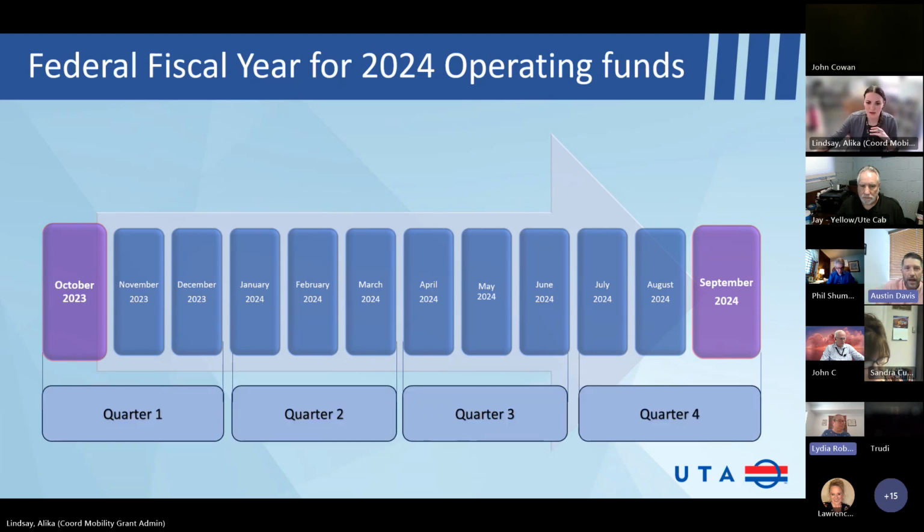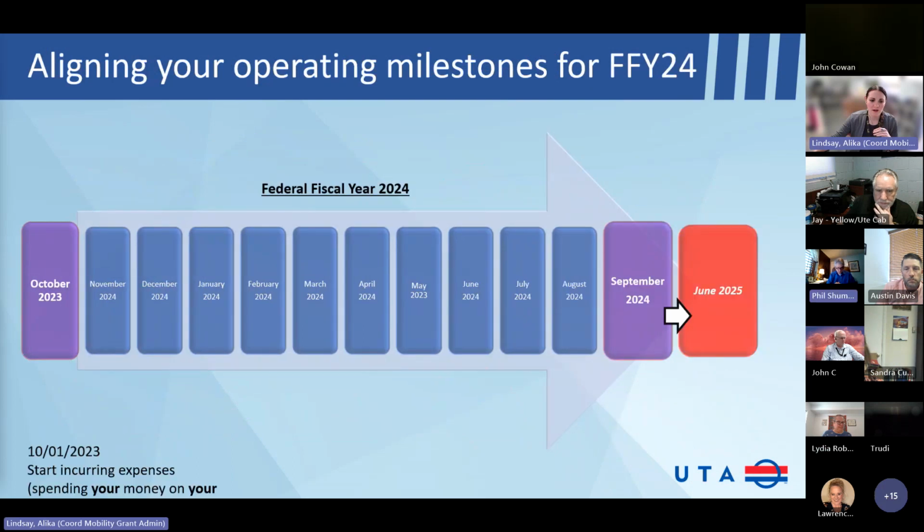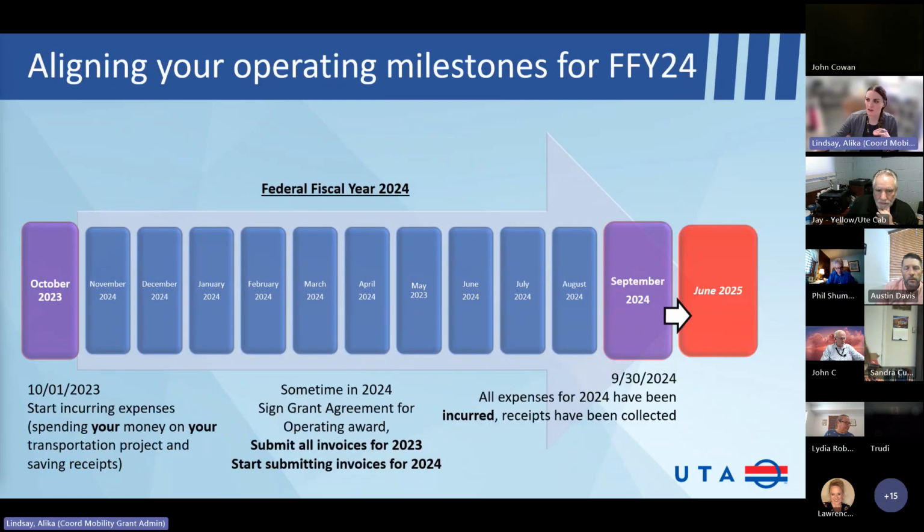I mean, we probably won't see contracts for 23, 24 until the end of that, right? So it kind of depends on FTA. They do have new people, but I feel like they've been getting it quicker. As soon as I make awards, which we usually send out the award letters, I would say June 24, as soon as we get those out, I'm sending it to the FTA. I don't want to wait too long because they're taking a while to review, so I want to get that into them as quickly as possible.